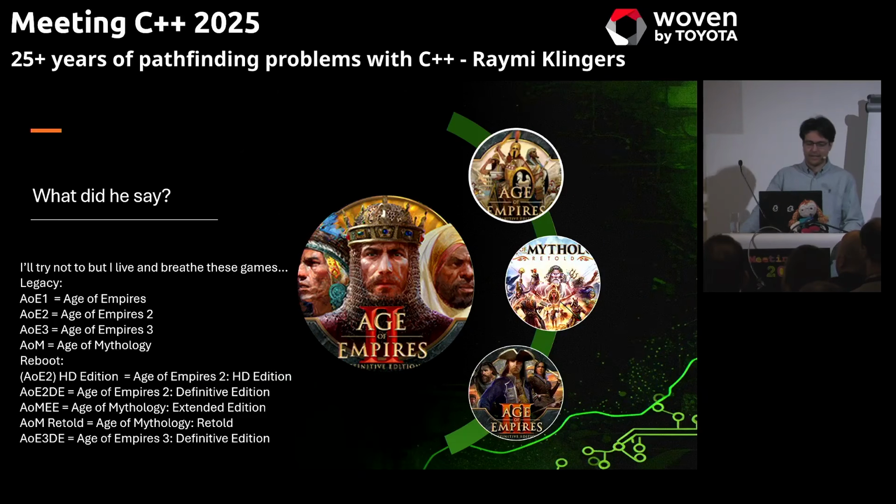Now, I will try not to use these abbreviations. I will try to use the full names because AOE and AOM is hard to understand, but if I do, then, well, this is what I mean. Unfortunately, there's many variations of it because we have so many reboots and so many titles at this point that it's a bit complicated. Now, if I talk about legacy, I talk about the original release of the game back in 1999, or well, around, because all these games have their own release dates. But I will mostly be focusing on Age of Empires 2. And the reboots will be all the remakes and the remasters.